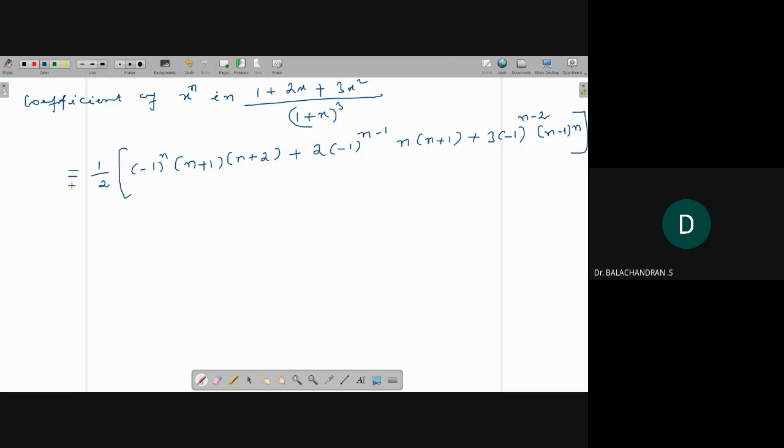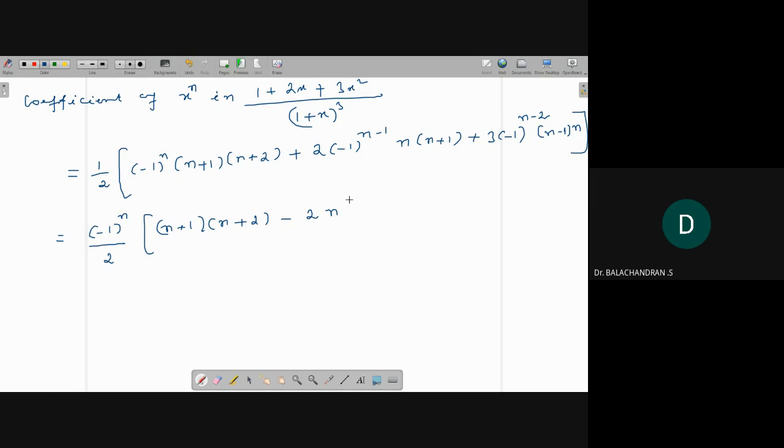So now here I am going to take minus 1 whole power n common, divided by 2. So here n plus 1, n plus 2. Here I took minus 1 power n common, so we have minus 2 into n into